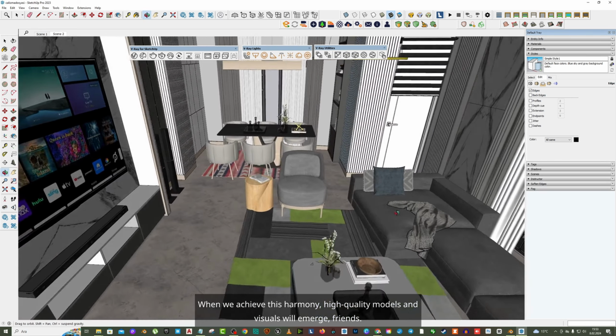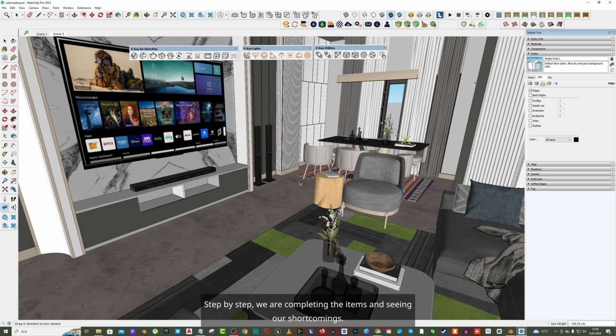As I mentioned at the beginning of the lesson, be sure to watch these and apply them to your scene. If there are such missing points in your scene, do not proceed to the render engine, friends, because these are very important topics. In the fourth part, I will talk about a different, very important topic. Step by step, we are completing the items and seeing our shortcomings. And later, in the fifth part, starting with the Vray menus, we will move on to the Vray render section,